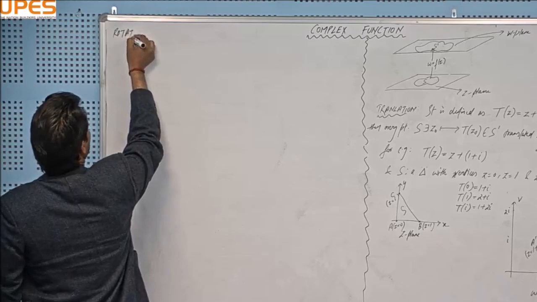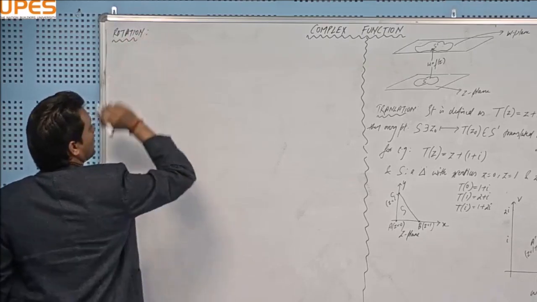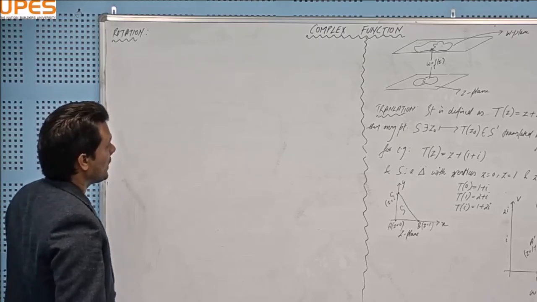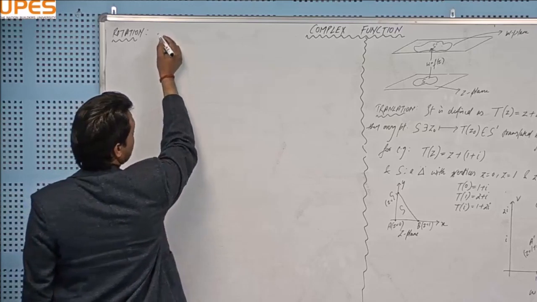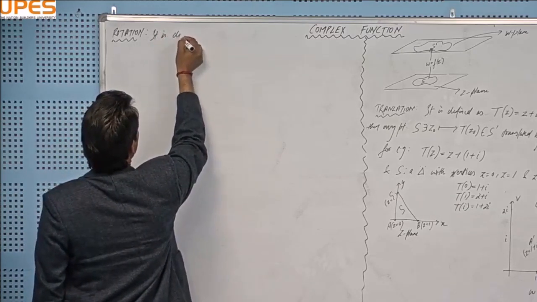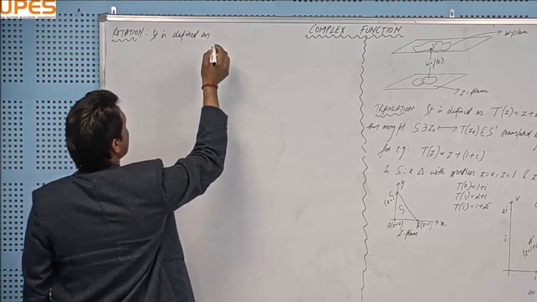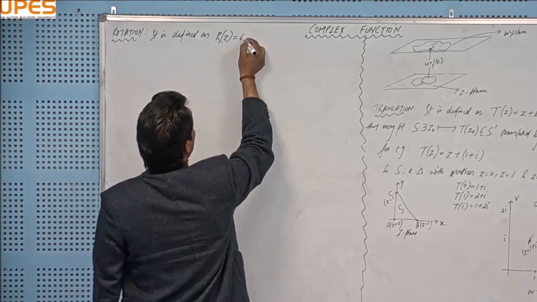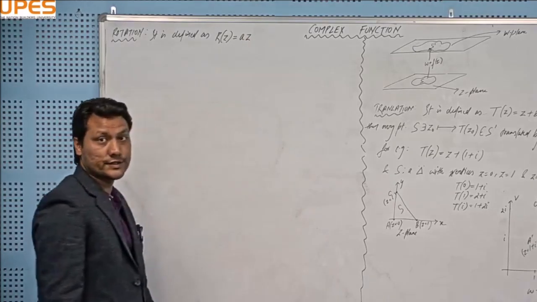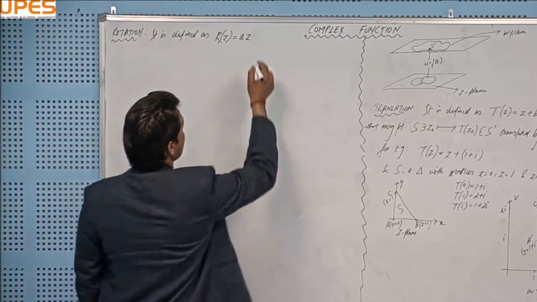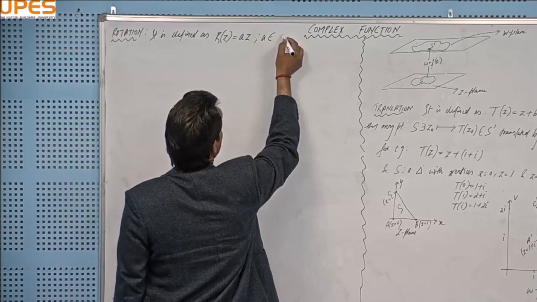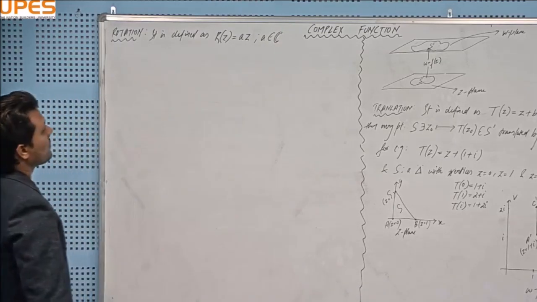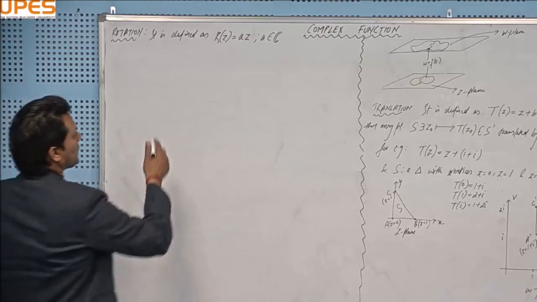Rotation is defined as, let me call it R, R(z) equal to a z, where a is a complex number. Fine, a is a complex number. Then